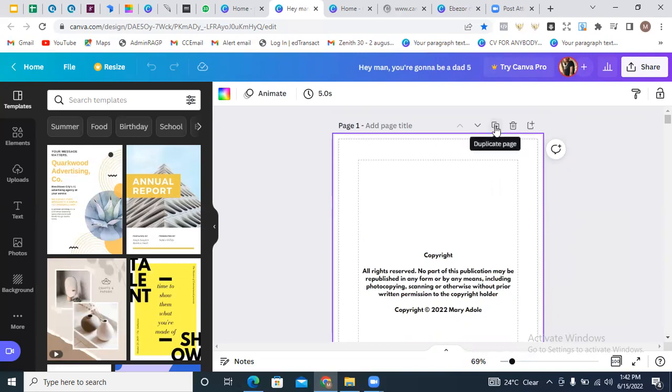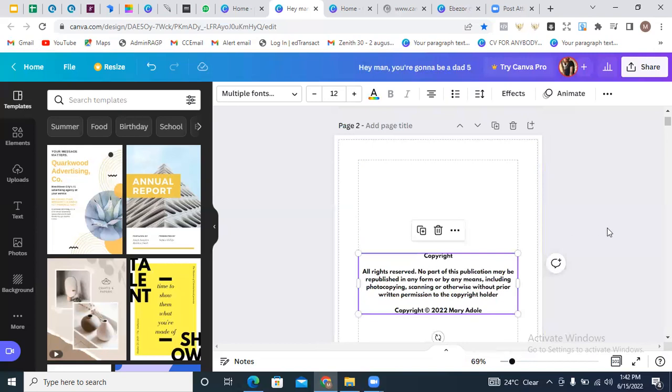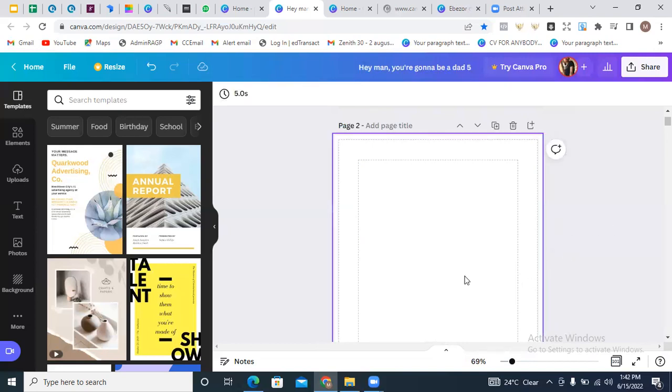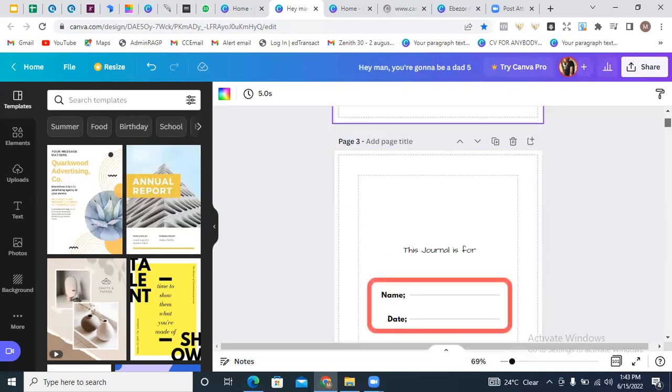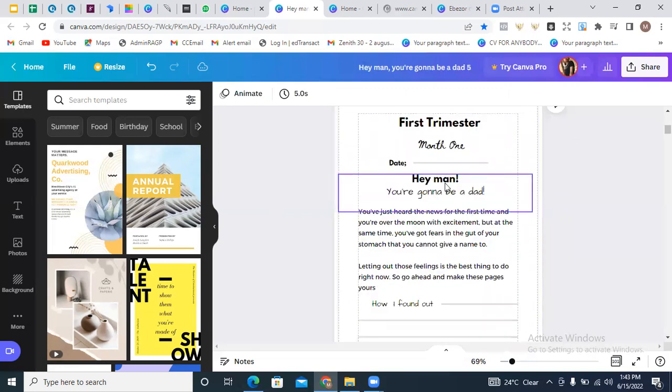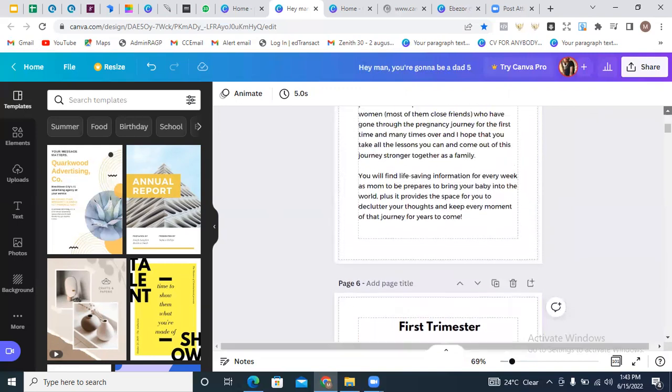So I'm going to duplicate this page and actually show you how I was able to do all of those things, right? So I'm going to go ahead and delete this. So this is my page now. This is my page. And to start writing, let's say I want to replicate this first trimester now. So what I'm going to do is